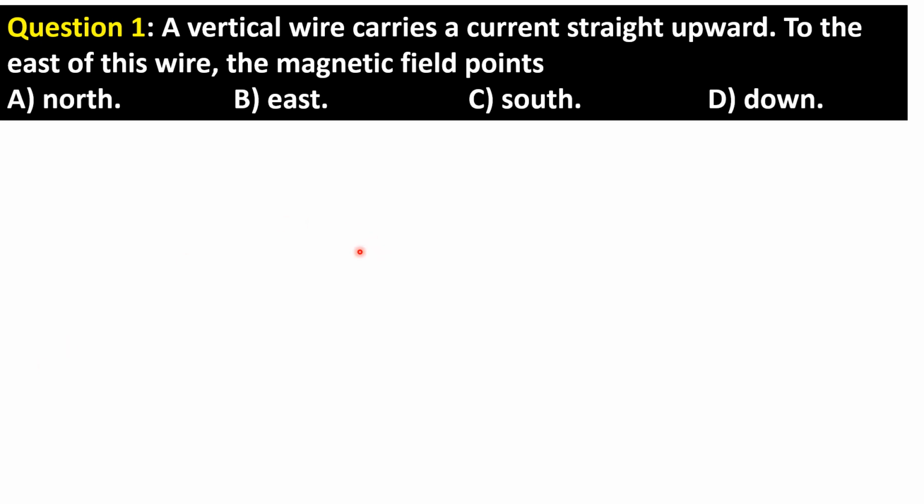Our first question. A vertical wire carries a current straight upward. To the east of this wire, the magnetic field points A. North, B. East, C. South, D. Downwards. So, in determining the answer to this question, which is asking for the specific direction of the magnetic field